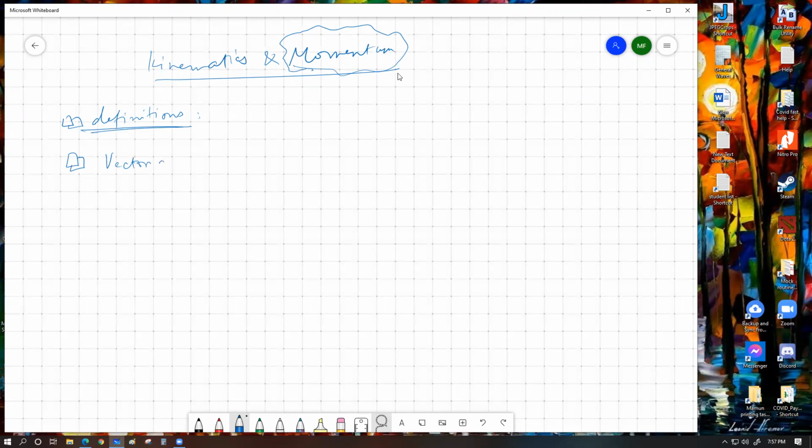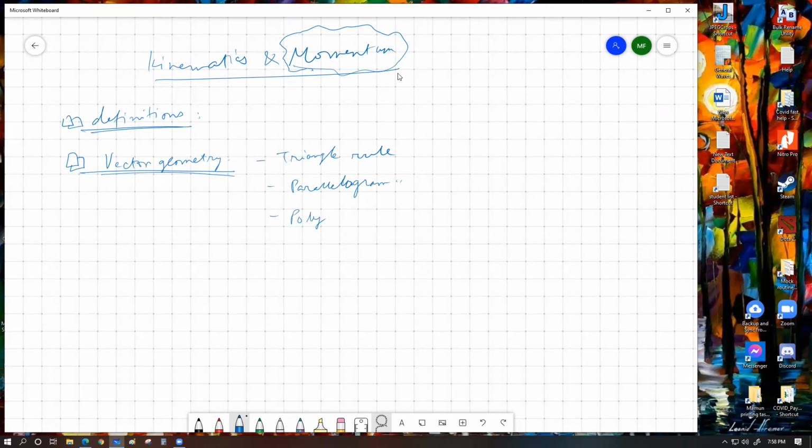Vector geometry means you have to recall the ideas of the triangle rule and the parallelogram rule. Now, there's a new thing that we have over here for vector geometry,